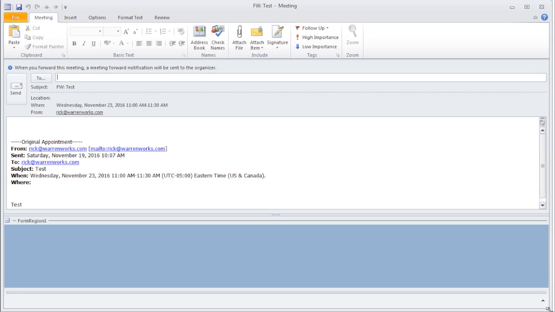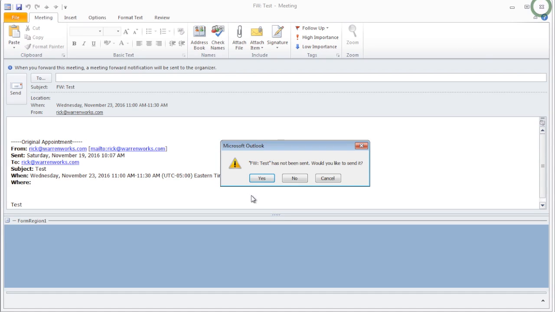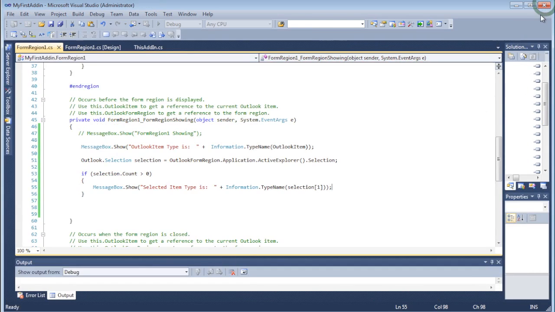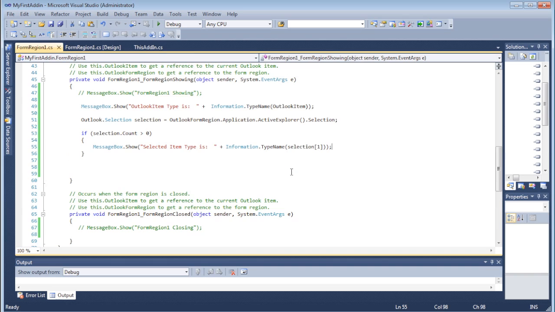helpful to have these diagnostic tracer message boxes in the code, using the Microsoft Visual Basic library with the Information class, in order to show me which items were actually being created in response to different actions on these different objects. So I don't want to send that. Don't save the changes. Okay. Now that I have these diagnostic messages in here, I want to show you